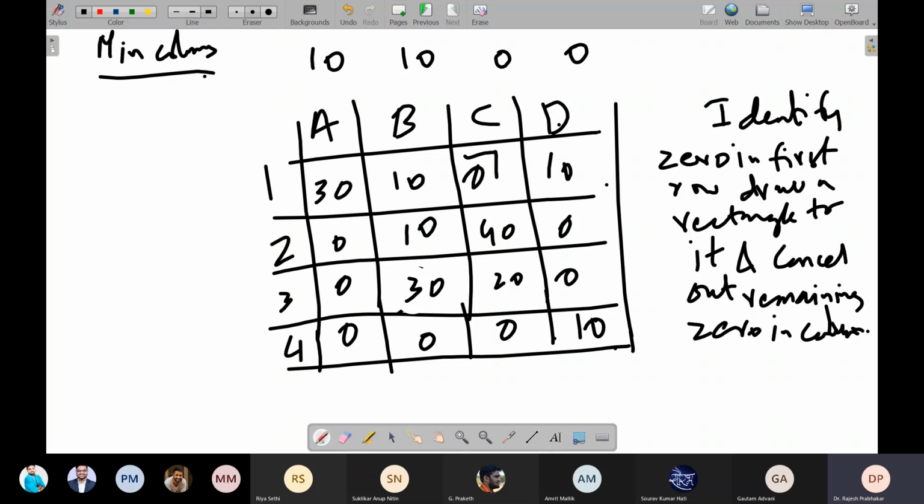So in the first row, this is the 0. We draw a box and we will cancel out the remaining 0 in that column. So the row should have only one 0. This row has one 0, this column has one 0.